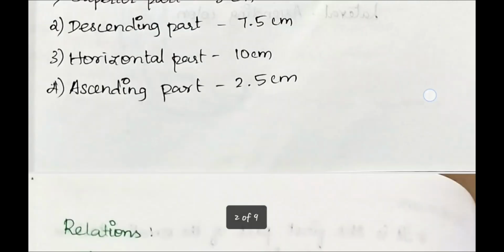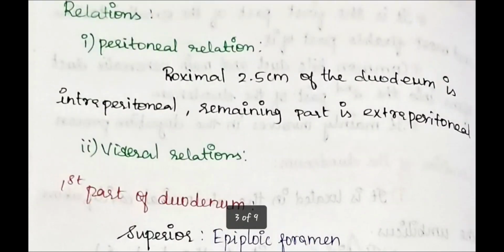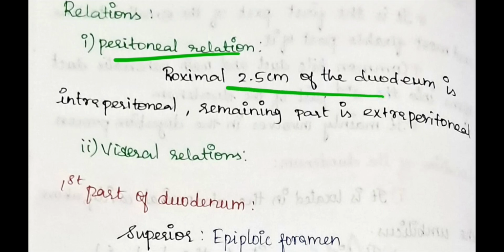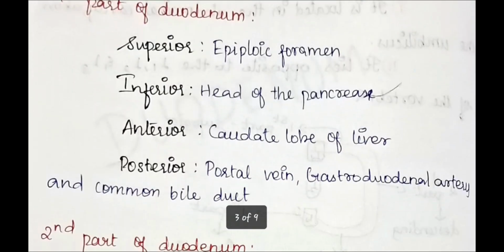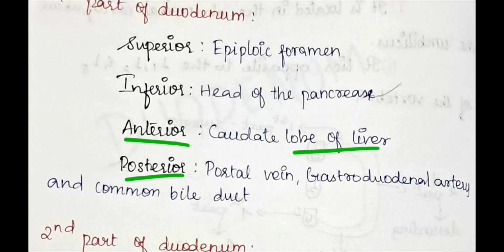Okay, coming to the relations. First we have to speak about the peritoneal relations. The proximal 2.5 centimeters of the duodenum is intraperitoneal, that is, present inside the peritoneum, whereas all the remaining parts are extraperitoneal, which is present outside the peritoneum. Coming to the visceral relations, we start with the first part of the duodenum. In the first part, first look at the anterior and posterior relations. Anteriorly, the first part is related to the quadrate lobe of the liver, on the right side. Normally the liver will be present. As the posterior